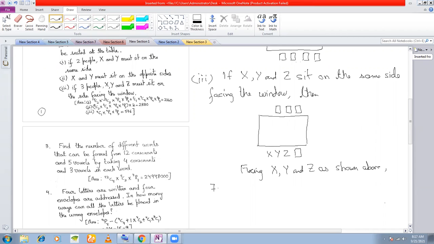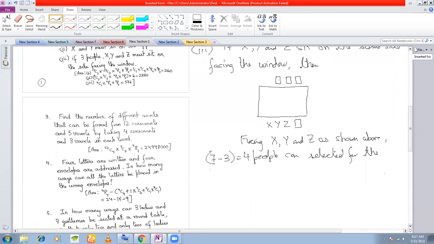7 people were there. So 3 people I have fixed. So 4 remaining. 7 minus 3 equal to 4 people can be selected for the one seat facing the window in 4C1 ways,